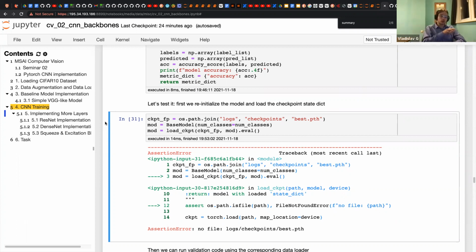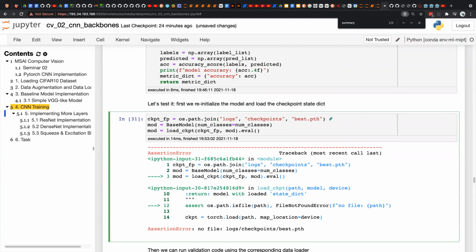And here we just have the model that is optimal from the validation loss point of view, saved to a fixed file, best.pth. Also, we have files named best.